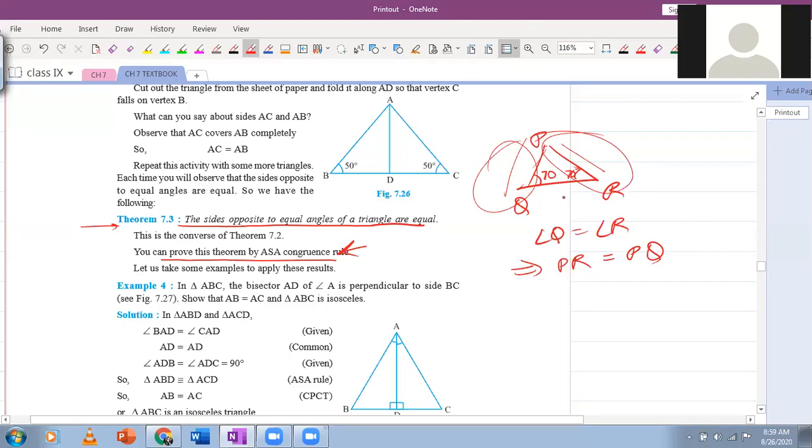Ma'am, but we have written PQ is equal to PR. Beta, this is the result. Bisector of angle A. No, no, no, no. Rajvansh, if you apply that bisector thing, you will be reaching AAS. Yes. And if you draw the median, then it will not work. There is no SSA result.